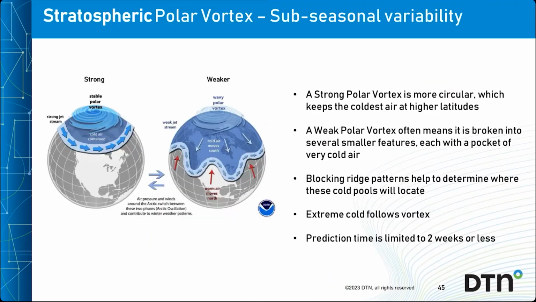We're all pretty familiar these days with the stratospheric polar vortex. And here's a quick comparison of strong and weaker polar vortices. A strong polar vortex is circular. It tends to bottle up cold towards the pole, with a strong and relatively regular jet stream at around 60 degrees north. But a weaker polar vortex can break into southward moving parts and induce a weaker and wavier jet stream. Extreme cold can follow where the polar vortex and the jet stream break and dip southwards.